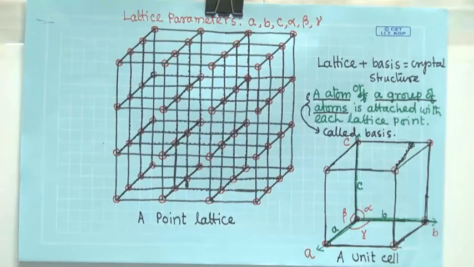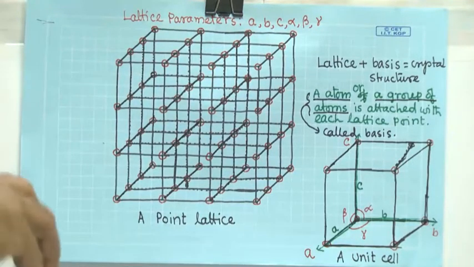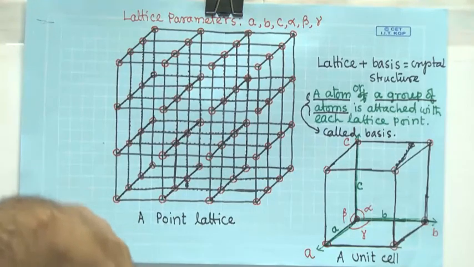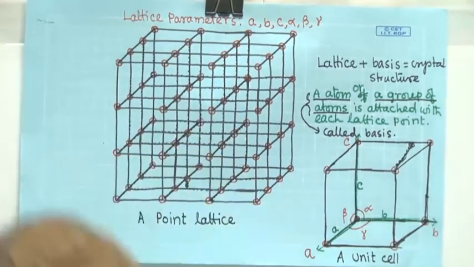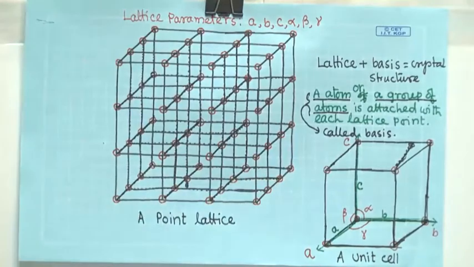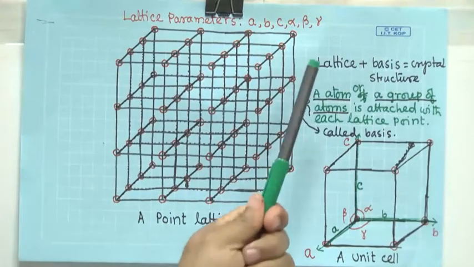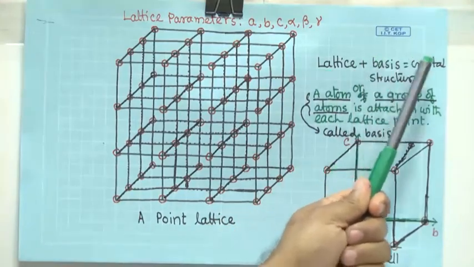As if these lattice points are reference points, and we have to put a real atom, one atom or a group of atoms, at each lattice point in the same way. Then we will get the real structure of the crystal. That is why I have written lattice plus basis equals crystal structure. So, now this crystal structure,